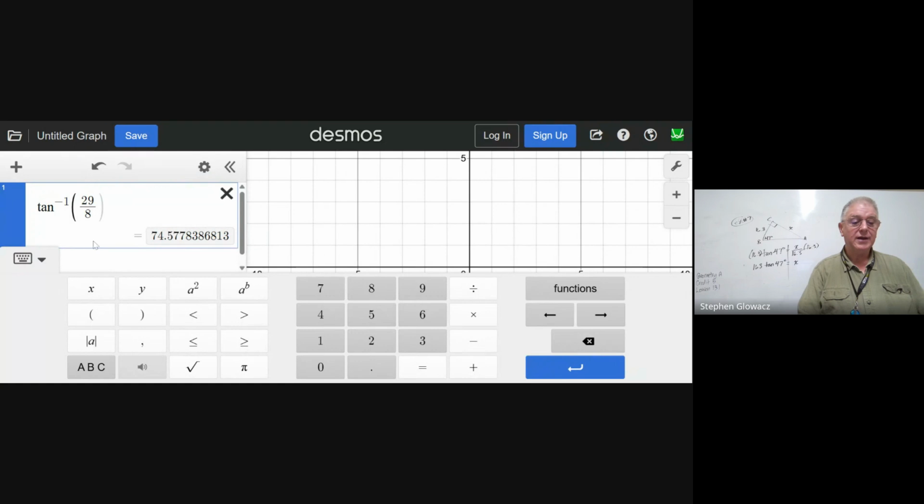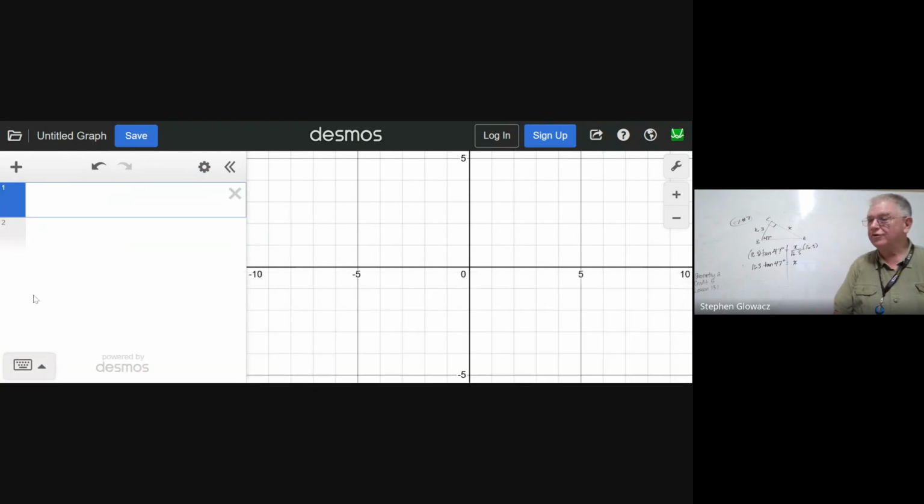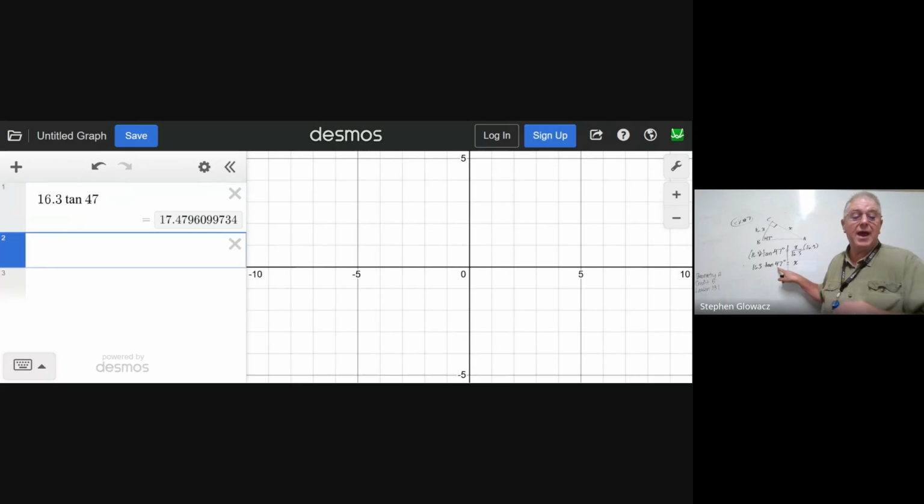And let's go ahead and get rid of this. And so all we have to do, and again, we didn't close the Desmos window, so we know that we're still in degrees here. And so we're just going to type in 16.3 and then times. Now, if we just put tangent right after that, a number next to a trig ratio, tangent or sine or cosine, indicates multiplication. So 16.3 tangent of 47, and we have our answer there,